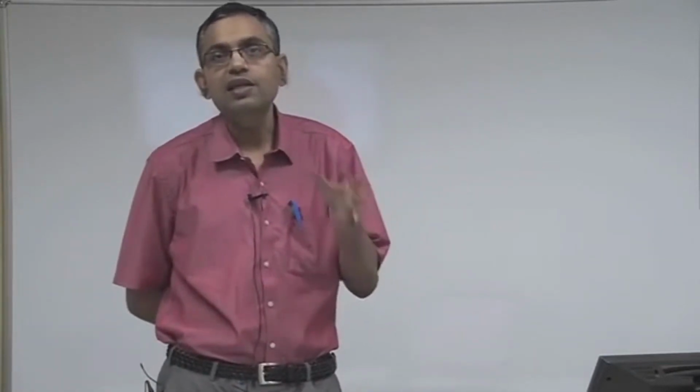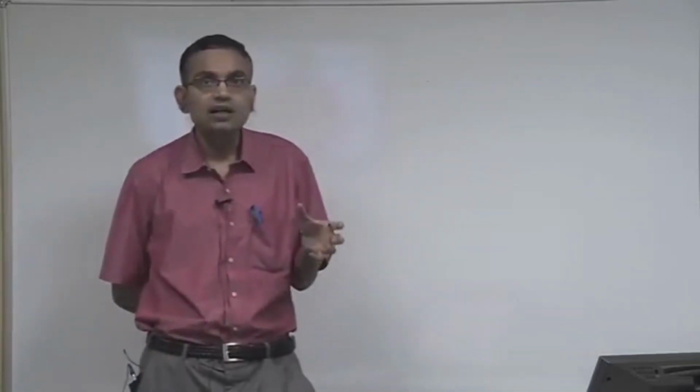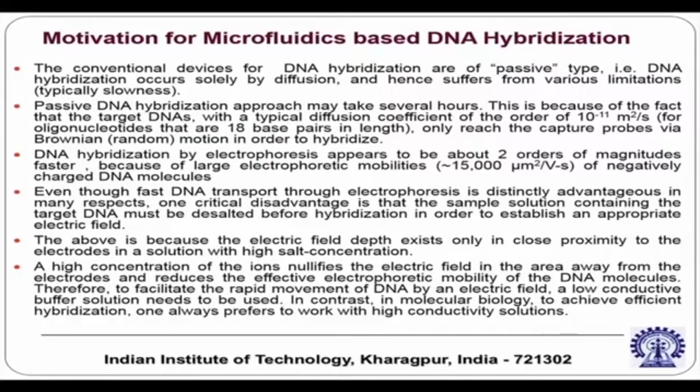So this is called DNA electrophoresis. Now, DNA electrophoresis has several advantages. That means it has a large electrophoretic mobility, about 15,000 micrometer square per volt second for the negatively charged DNA. Now one of the critical bottlenecks still is that the sample solution which contains the DNA must be desalted